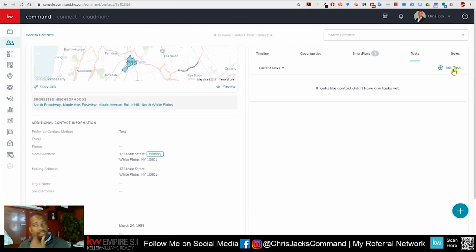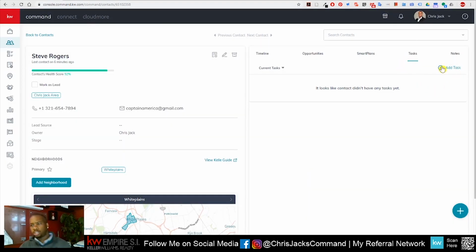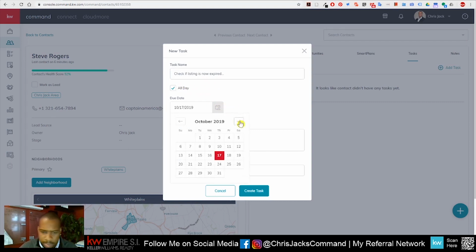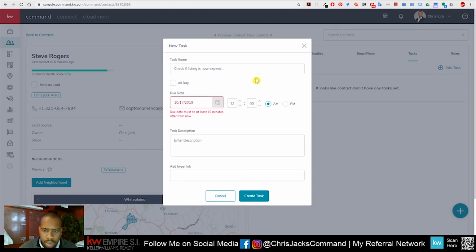Then you can add a task. You click task. You add a task here. You click add a task. You type in the name. For instance, check if expired listing. Check if listing is now expired. All day. Let's do it today. Let's, in fact, right now the time is 8:30. Let's do it today for, I don't know. Let's try